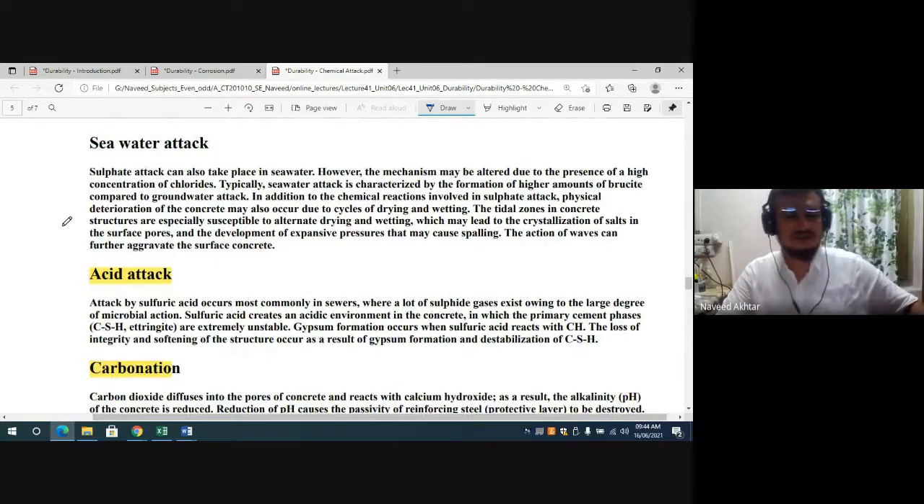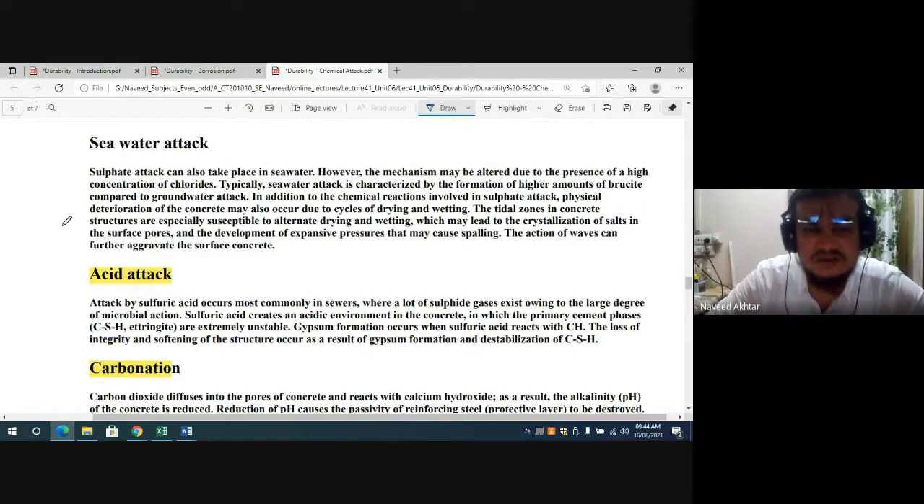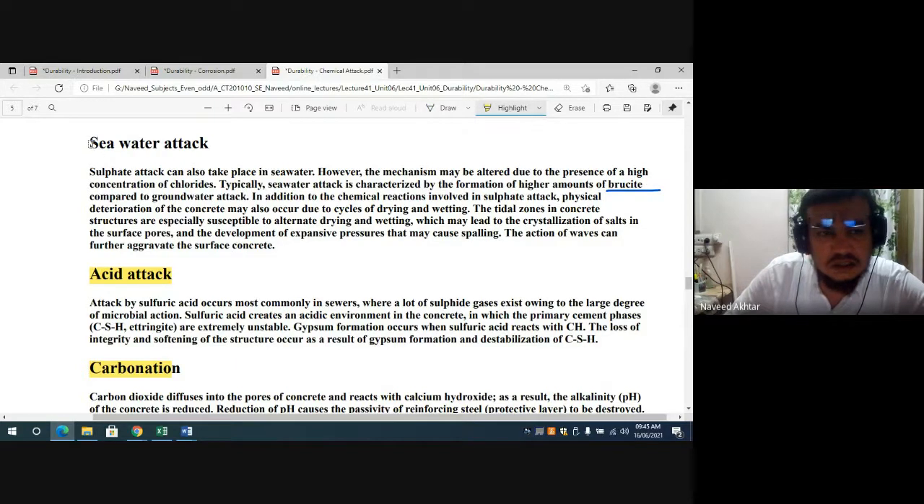Seawater attack is also sulfate attack, which can take place in seawater. However, the mechanism may be altered due to the presence of a high concentration of chloride in the seawater. Typically, seawater attack is characterized by the formation of a higher amount of brucite compared to the groundwater attack. In addition to the chemical reactions involved in the sulfate attack, physical deterioration of the concrete may also occur due to the cycles of drying and wetting. The tidal zones in concrete structures are especially susceptible to the alternate drying and wetting,